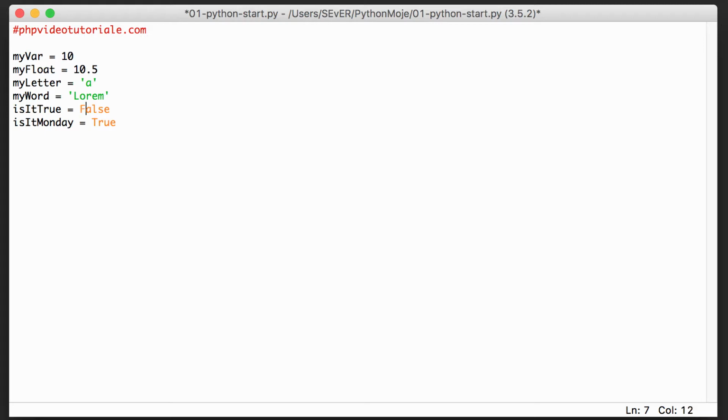It can have two values. It can be false, which means it's a lie, or true, which means something is true. In simple terms, this is 0 and this is 1. 0 is false, and if I have 1, it means true. So my letter is going to be A. My word is lorem.